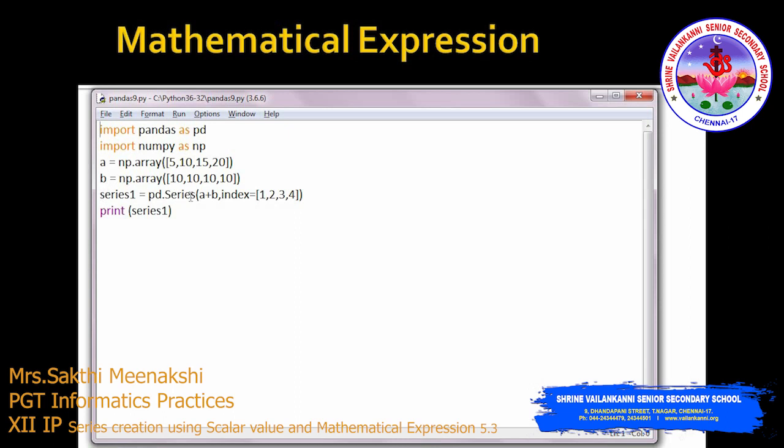And I am calling the Series method with a + b. Here, what is a? 5, 10, 15, 20 is the array, and b is another array. As you know, we can add 2 arrays; vectorized operations are possible in arrays. So I am using a + b, and the index is 1, 2, 3, 4. And at last I am printing this series.